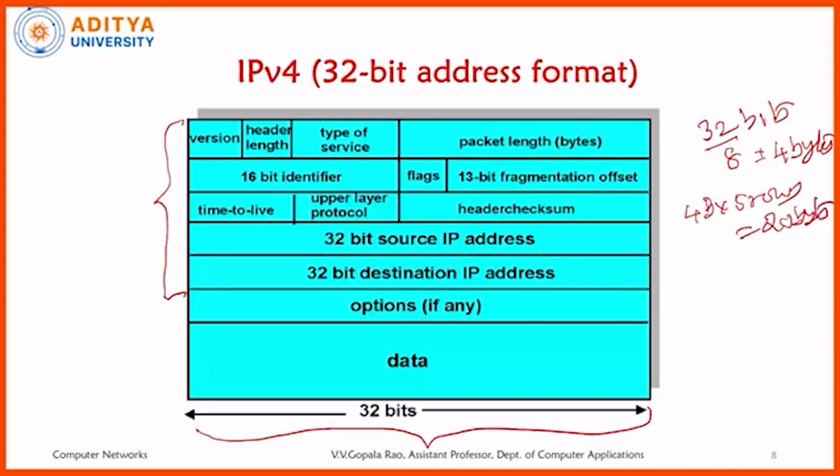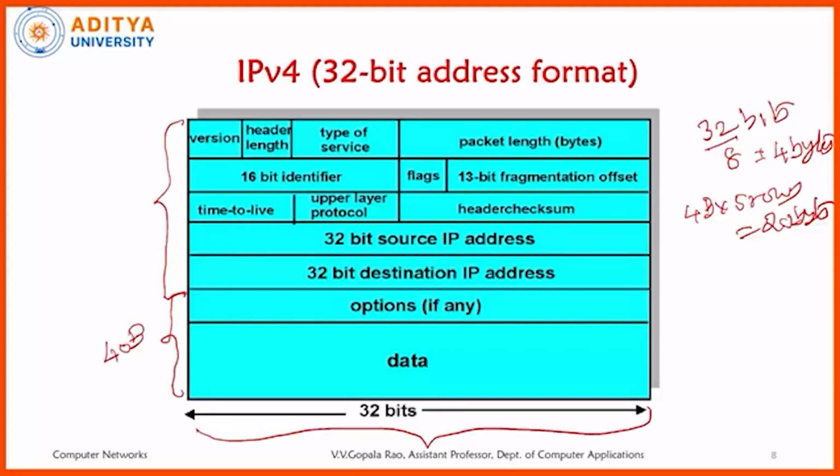So basically, if you don't have any data, if you don't have any optional fields, then the header size is 20 bytes. That is the basic or minimum size of the header. Suppose you send this IP version 4 without any data in the link, then it should carry 20 bytes of information. It is not data, remember that. It is only some information which is there, but the options field and data field are also available in the 6th and 7th row, which in total represent